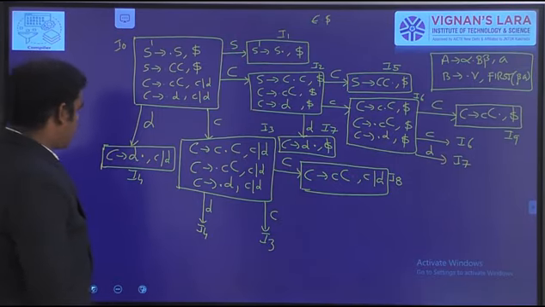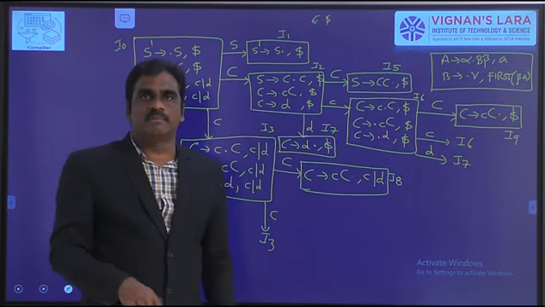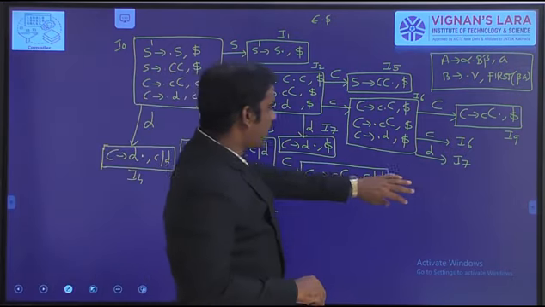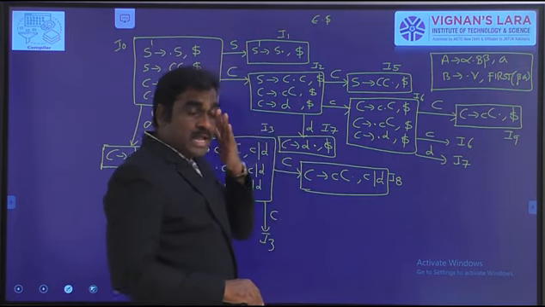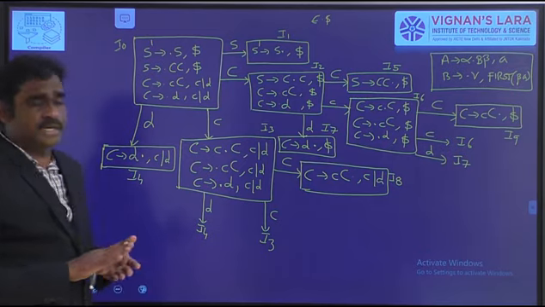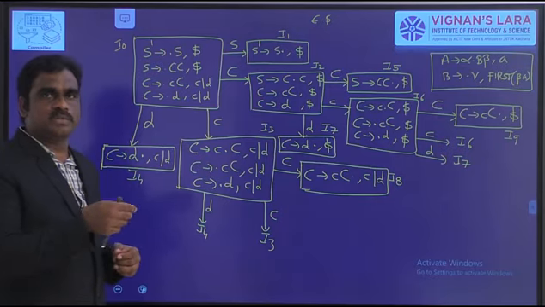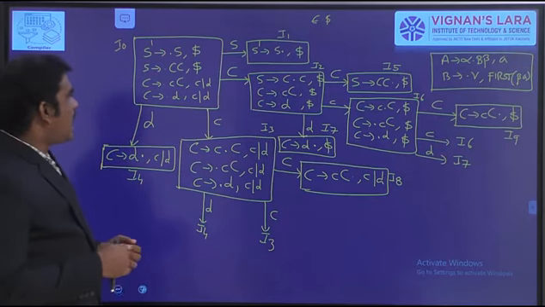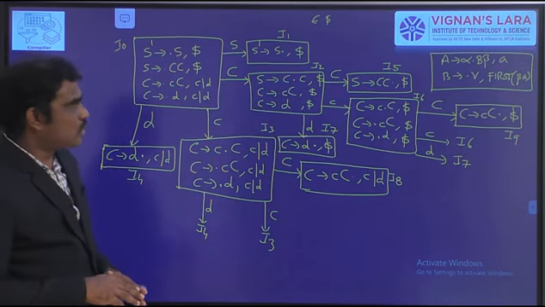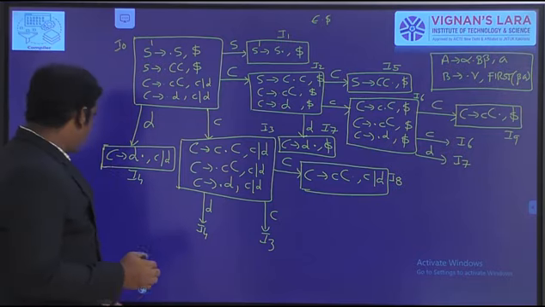Now this is step 2 and now we will go to step 3. In step 3 we have a total of 3 columns. First one is the state. Here we have a total of 10 states, I0 to I9. The second part is the action table, which takes only terminals in the given grammar. Here the terminals are C, D, and we also have to include the dollar, so total 3 symbols. The third column is go to, which means non-terminals in the given grammar, that is S and C. So first draw the table.